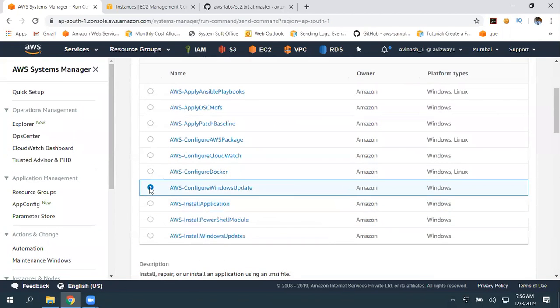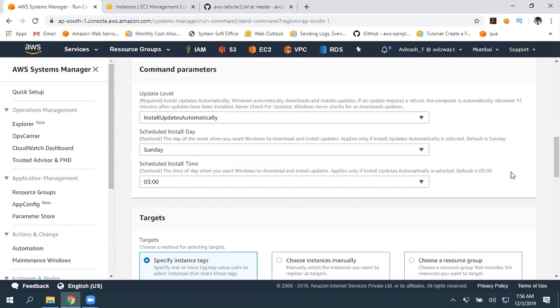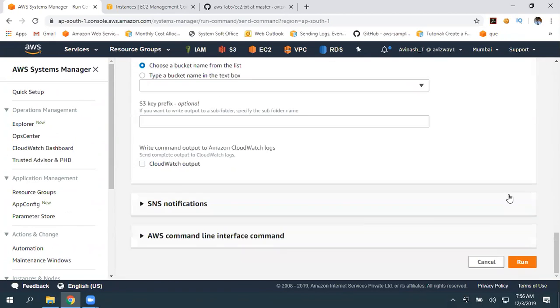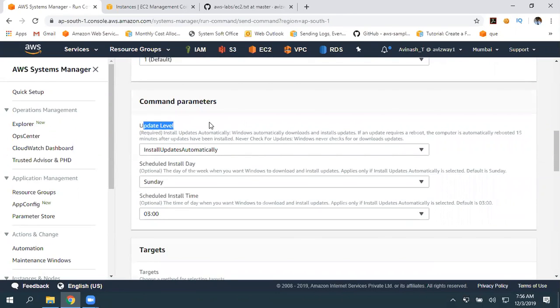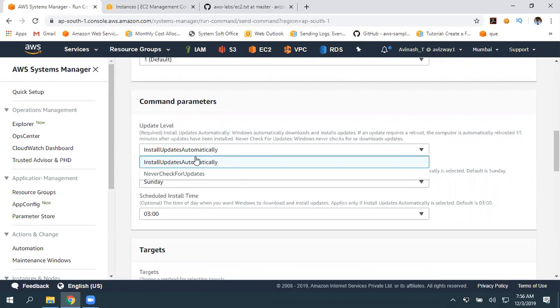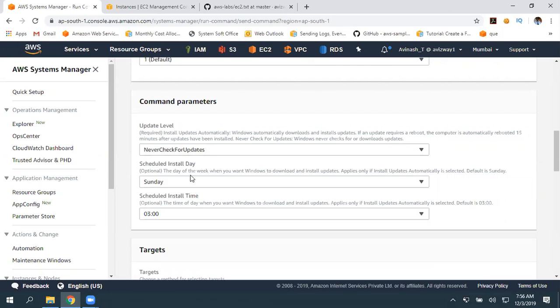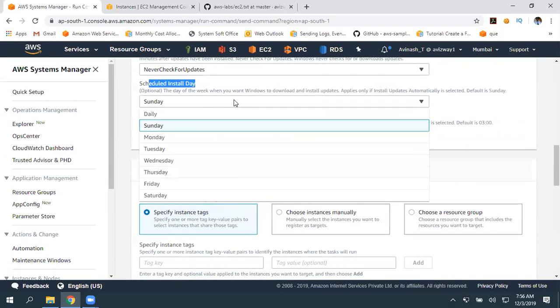And configure Windows updates. Here, when do you want to look for updates for your operating system? Update level: install updates automatically or never check for updates. It's completely our option. Then schedule install day, at what day and at what time you want to install.